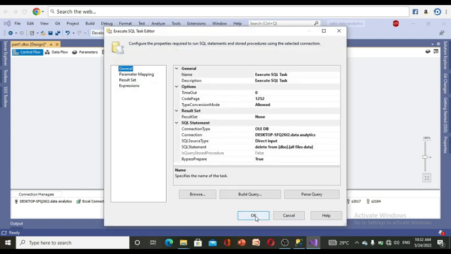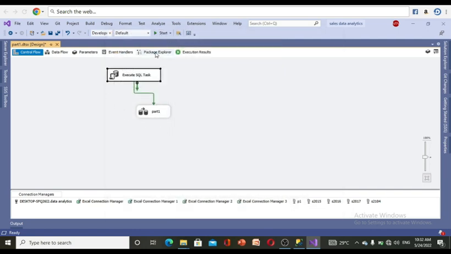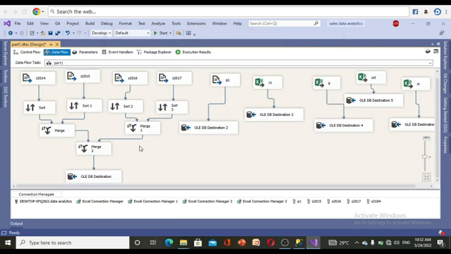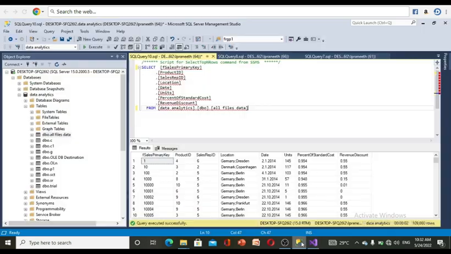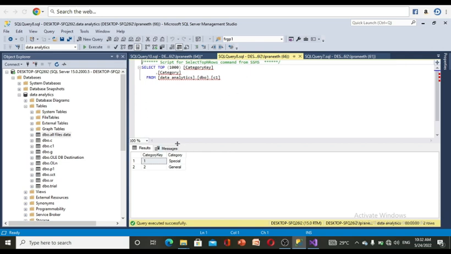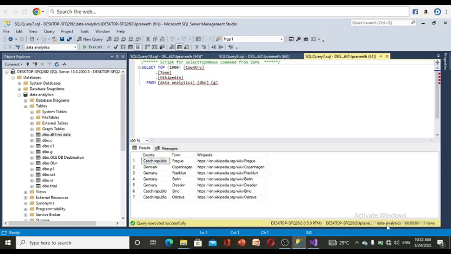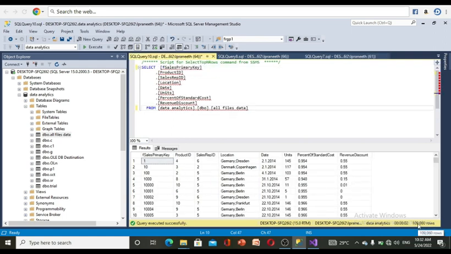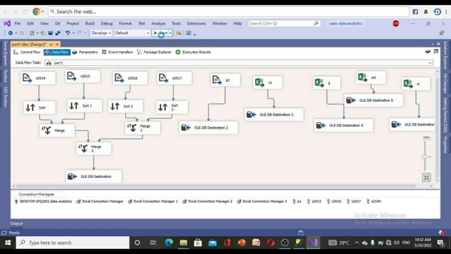So now if I query this entire thing again, except for this all file data, the remaining will be doubled now. Initially, in the C1 table, we have 2 rows, and that will be doubled. In the G table, we have 7 rows, and that will be doubled. But all file data won't be doubled. Only the initial rows will be seen there. So now if I execute this one,